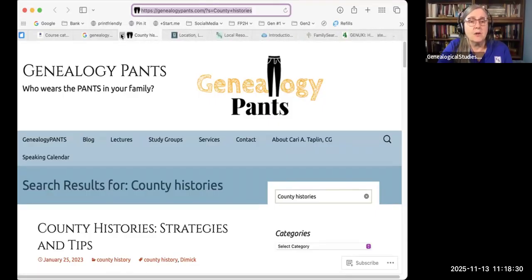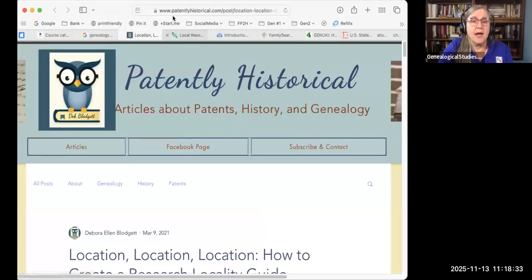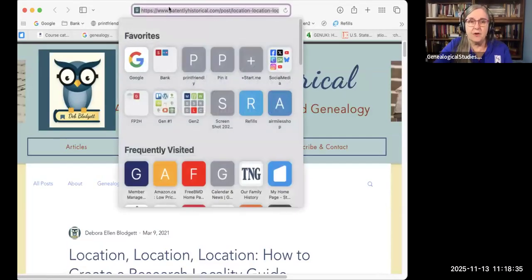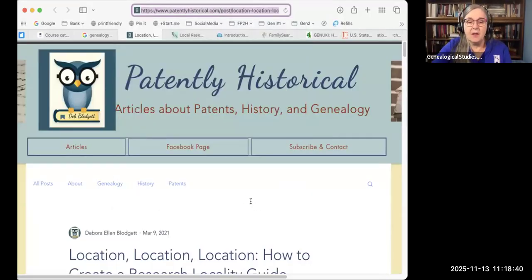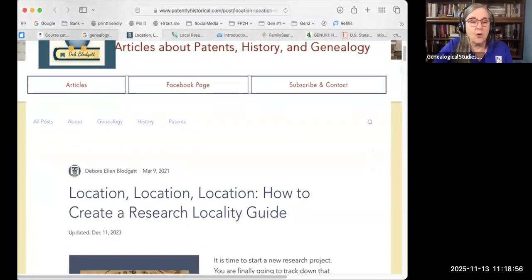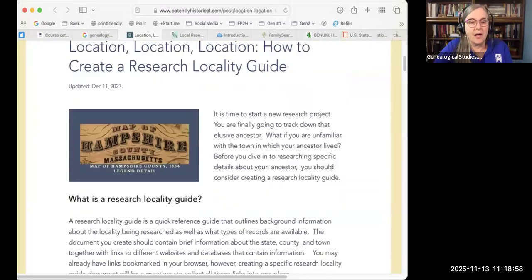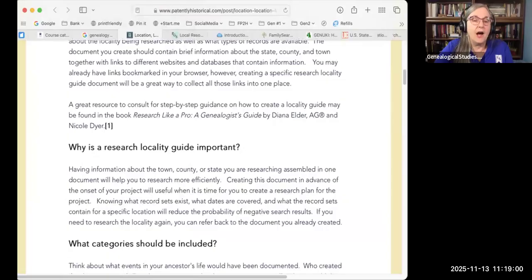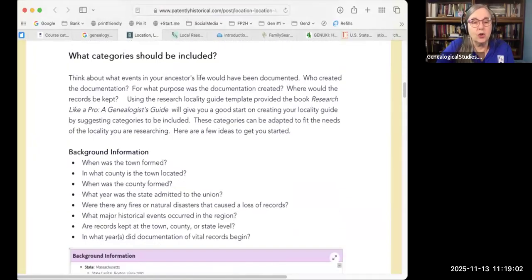Okay, so I'm just going to close some of these tabs. The next one I have is another website, and I'll put this in the chat. And this is called Location, which is a real estate term, but it's true for us too. Location really matters. And so creating a research locality guide, and she gives some tips and things to include, like